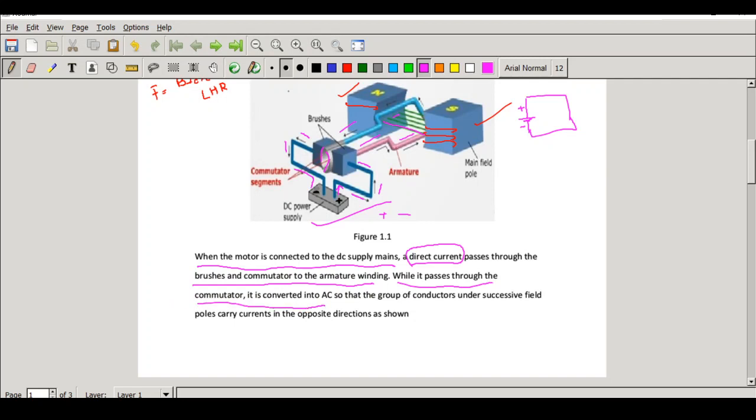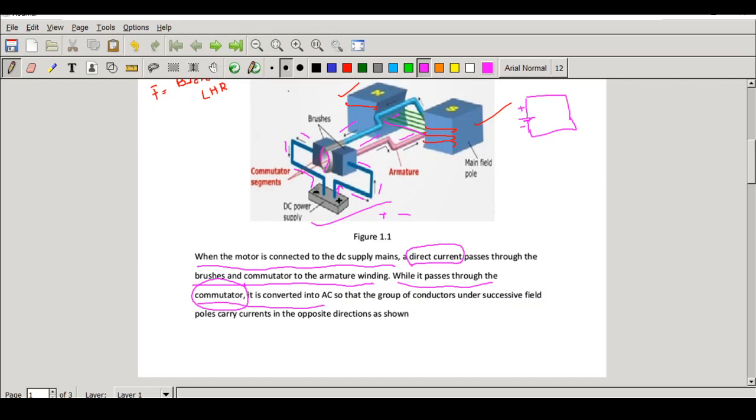It is very important. In the case of DC generators, we learned that inside the machine, it is the alternating current that is generated, but the commutator converts from AC to DC before it is given to the load, right? Whereas here we are giving a DC, and this DC is converted into AC within the machine by the commutator. So we need an alternating current inside the machine. Why? That we will see. So for the time being, you have to keep in mind that the role of the commutator in the DC motor is to convert DC to AC.